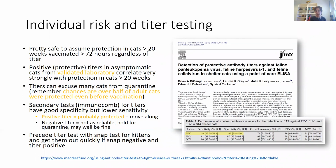And a negative titer from a validated laboratory means that the cat didn't have positive titers at the time that sample was taken, but if it was vaccinated prior to exposure, it still could be that the titers will outrun the actual infection in that cat. So a negative titer means quarantine. It certainly doesn't mean the cat is going to get sick. Positive titer means that cat is safe,